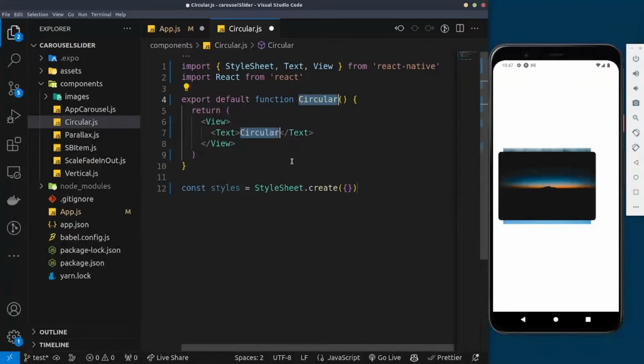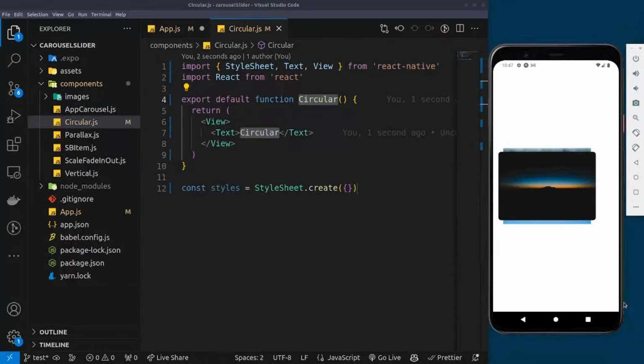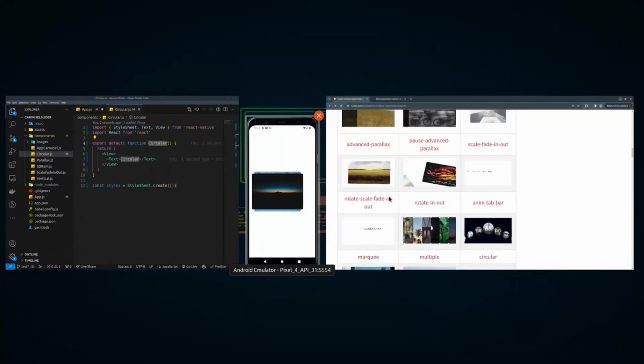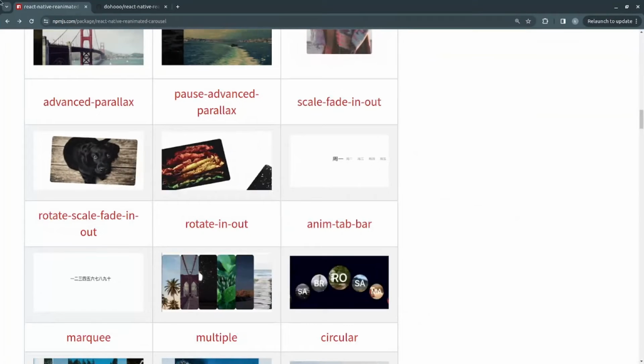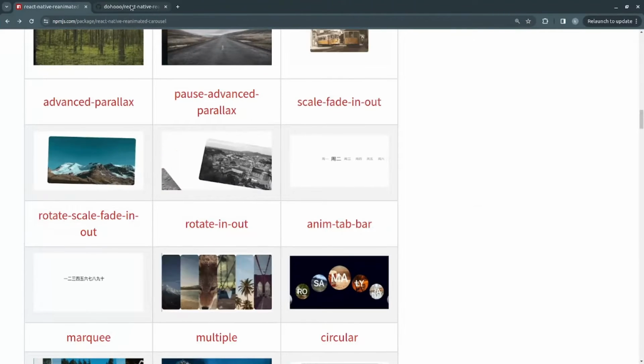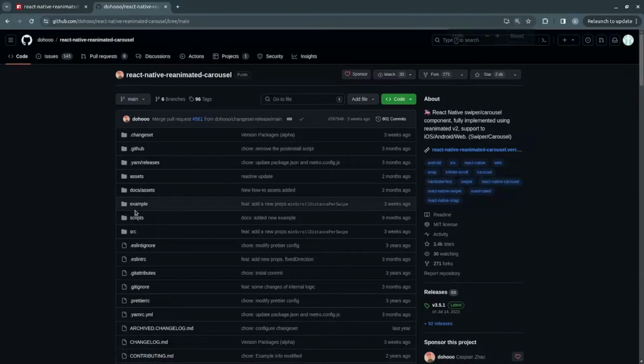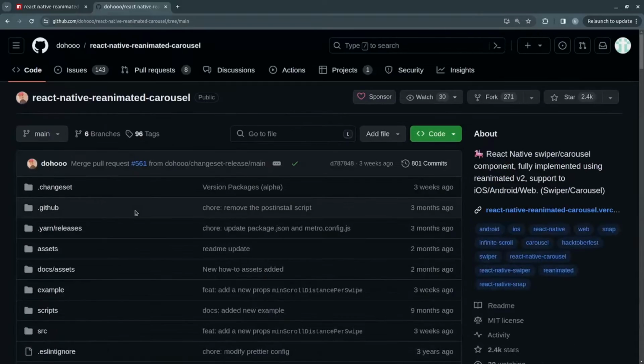It's going to generate the boilerplate for our React Native component. So I just want to say that amongst all the components that we created in this tutorial, this circular animation is by far the most complex amongst all the 3 animations I created. So if we come back here to our documentations, let me zoom in a bit, and if you scroll down